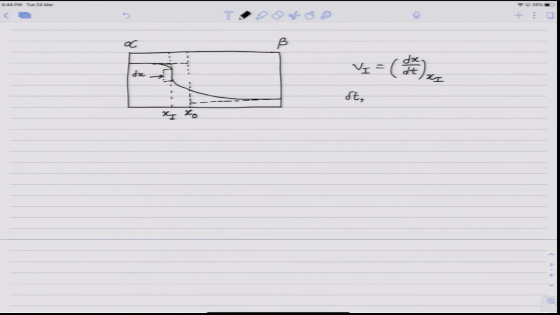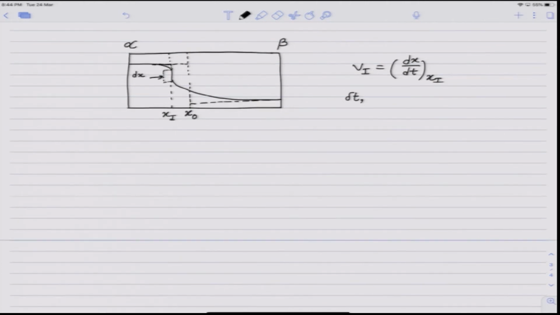So, initially the small element had the concentration C A alpha, and it has changed in the small interval of time delta t to C A beta. And if J A alpha is the interdiffusion flux of A at the interface on the alpha side, and J A beta is the interdiffusion flux of A at the interface on the beta side, then we can write, since we are considering unit cross section, the mass balance as